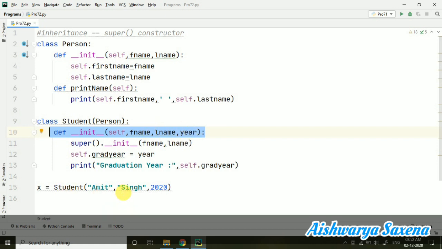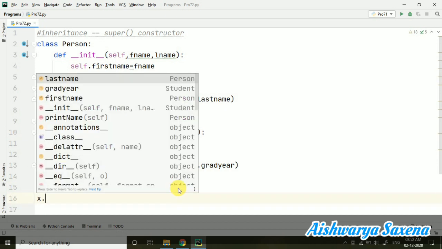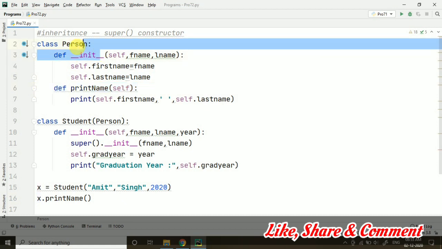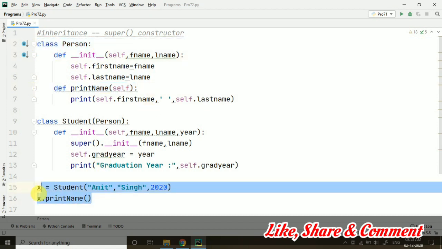So f name first name, L name last name, and year 2020 I have passed. Now x dot print name. This method which we have created inside this person class, we are calling here with the help of the subclass object.